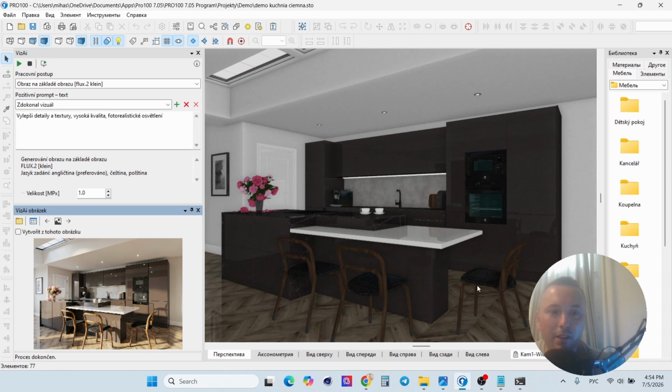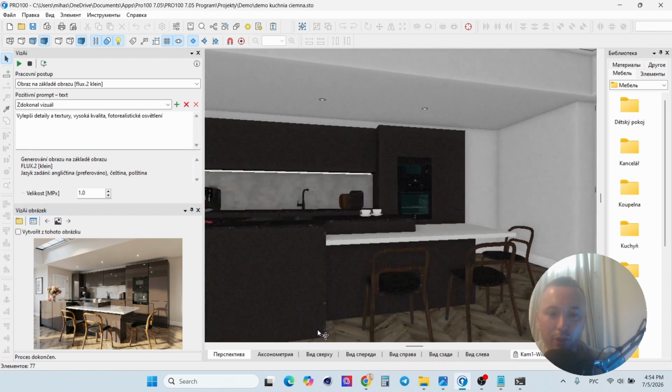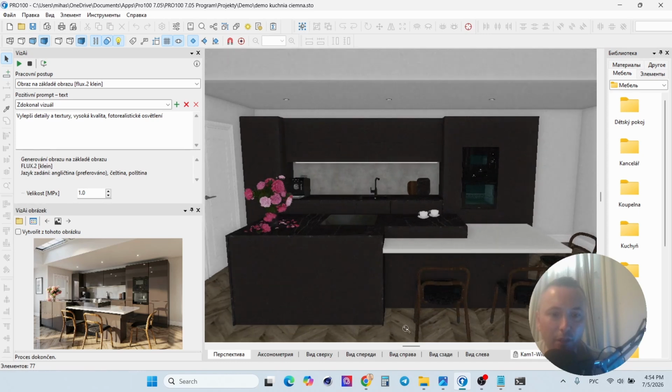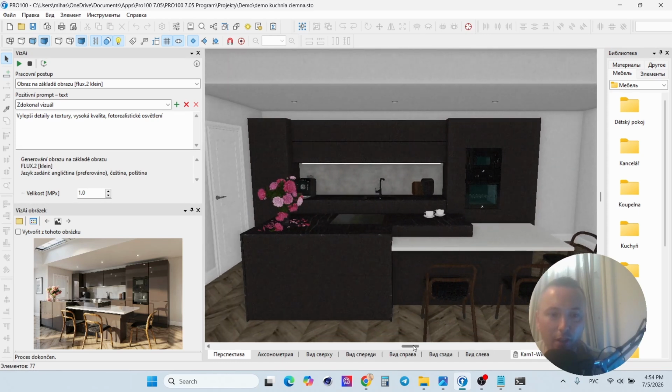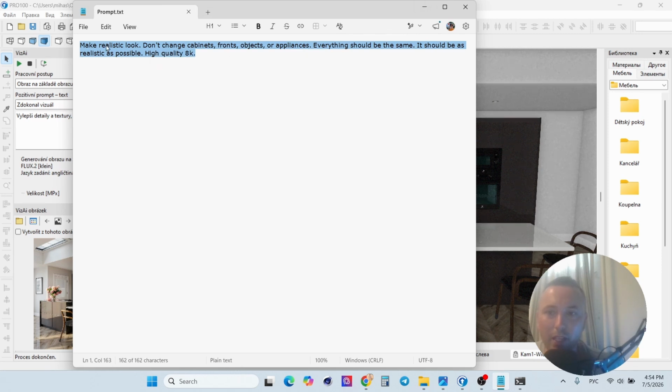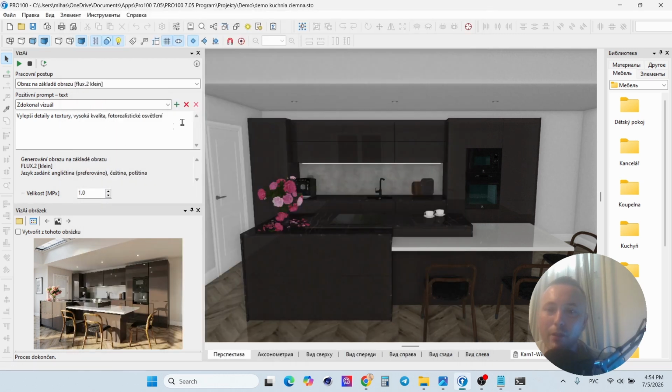But again, you can also use your own prompt. For example, I'm going to change the angle, and I prepared one prompt like this: make realistic look, don't change cabinets, fronts, objects, appliances, everything should be the same. It should be as realistic as possible and high quality 8K. I don't think it will make 8K quality, but still I would like to put in as much as possible to improve